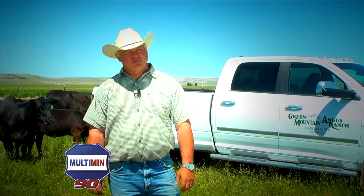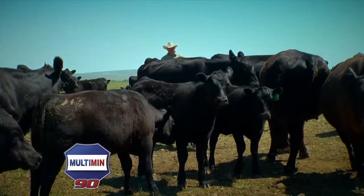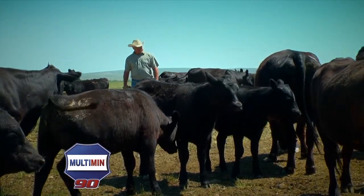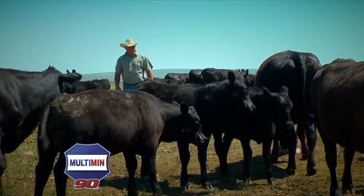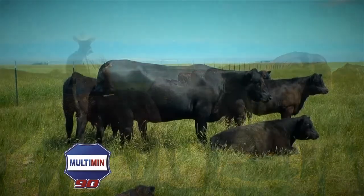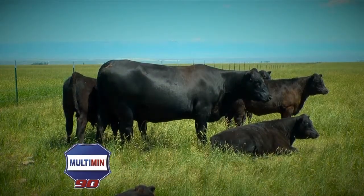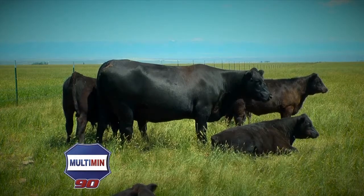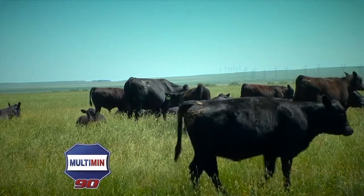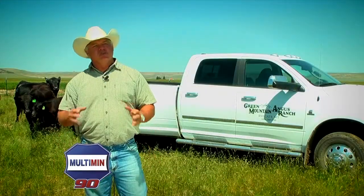We've seen an increase of 5 to 6% in our conception rate in our AI program. You start getting 30 to 40 more AI calves in a year. We're showing a huge return by using the product in those regards. We give our cows a shot of Multimin pre-calving for the immune system of the unborn calf. She will transfer the minerals into the unborn calf through the blood system. When the calf is born, he has a high level of mineral in his liver, which will help with his